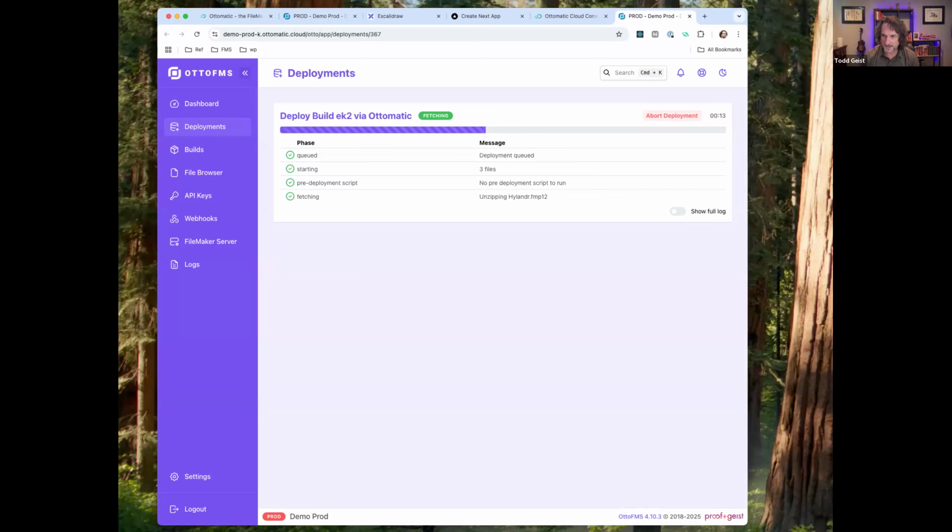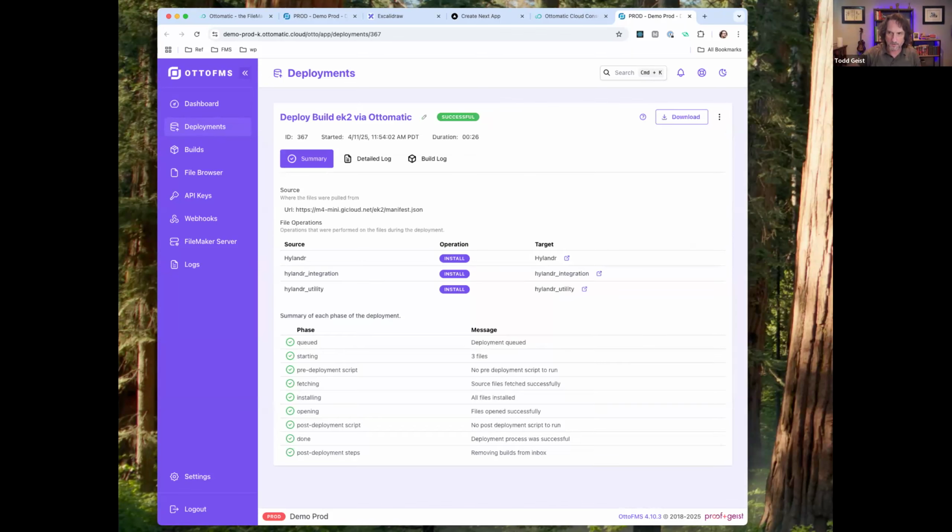This is something that we've been working towards for a long, long time, making it really easy for people to deploy a FileMaker system onto a FileMaker server. You should be able to have a website that says deploy now, click a button and have it land on the server. Then your files can open up on the server and they can just get started, right? So we just released this feature. We're really excited about it.